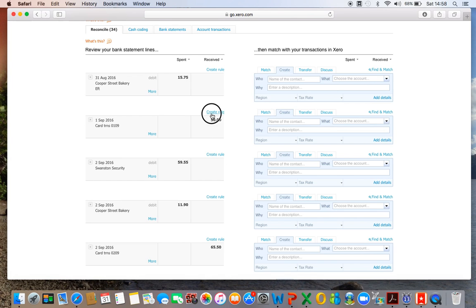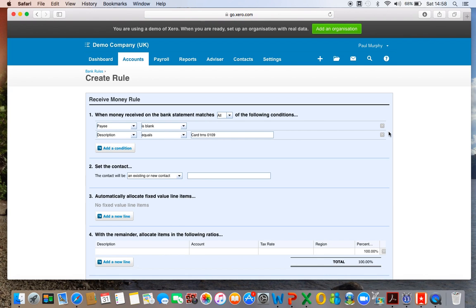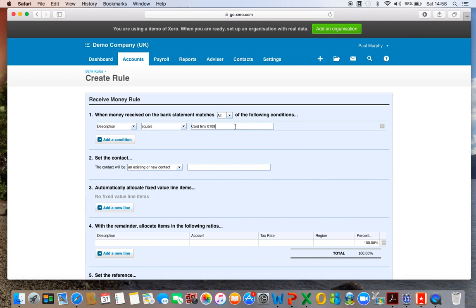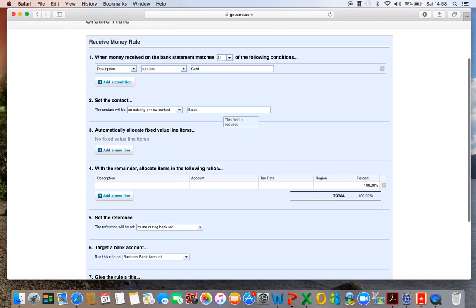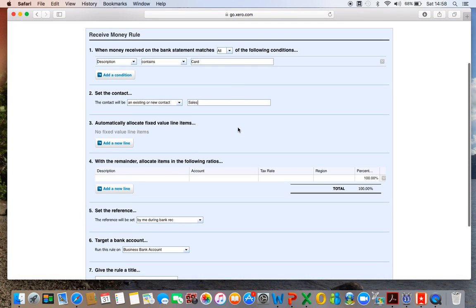What we can do here is create a rule whereby, every time money comes into the bank and it has the word card, it might be your actual merchant number within the reference, put this to sales. Here we go. We can have this automatically allocated. If I just put this through here, so card sales,